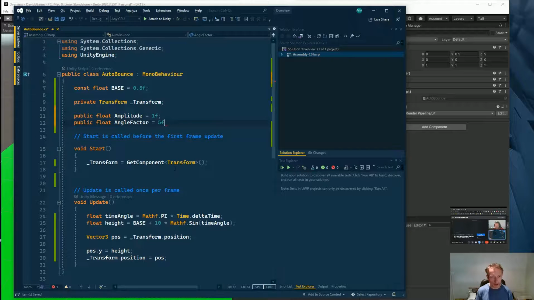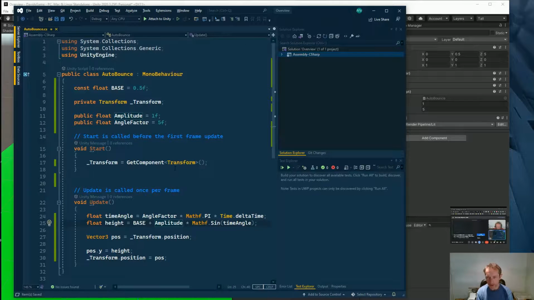I'll give that a default value of 5. Then if we go down to time angle in Update, we multiply this by angle factor, and down here I'll get rid of 10 and replace that with amplitude. And if I save that,